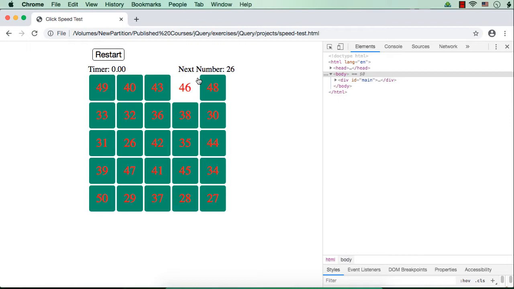See, we have changed the background to white, right? So what happened? This 46 will actually be hidden. We will not be able to see it as the text color and the background color are the same.